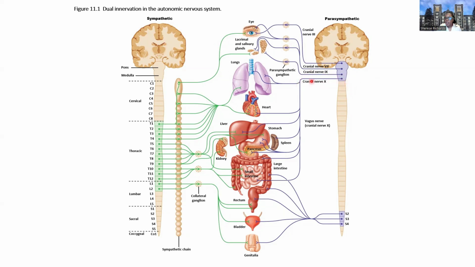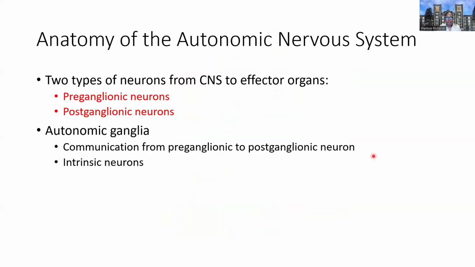So the vagus nerve is going to go into the thorax. It's going to give branches to the heart, to the intestine as well. So vagus is one of the longest nerves in terms of the autonomics and the cranial nerves. And it's going to go from the brainstem all the way down to the intestine. So this is just a schematic overview of the autonomic system and just looking at that comparative circuitry.